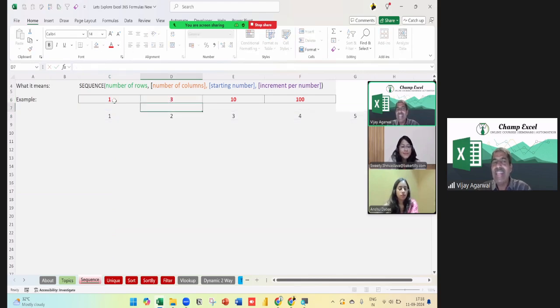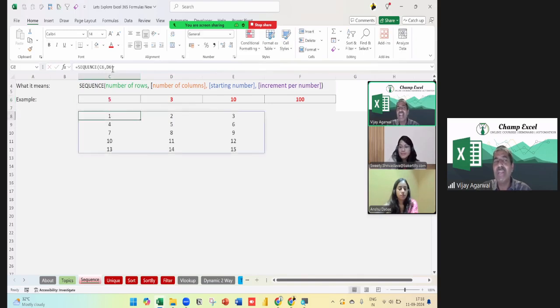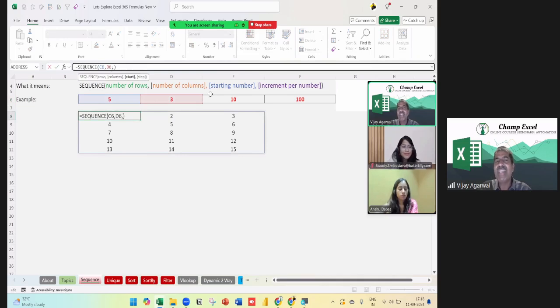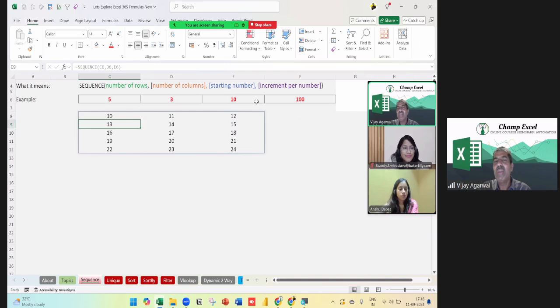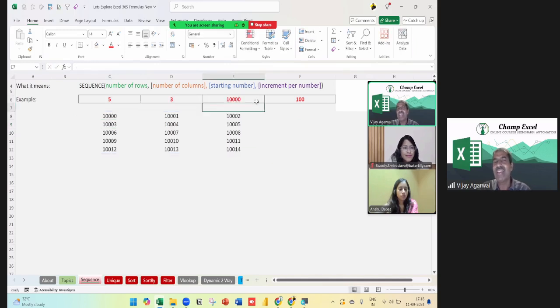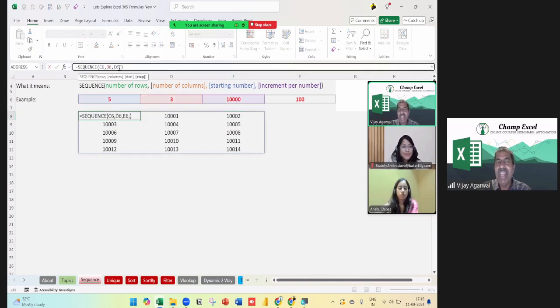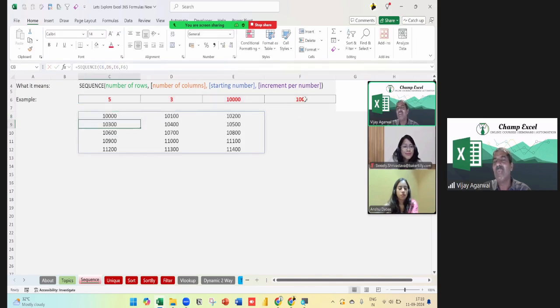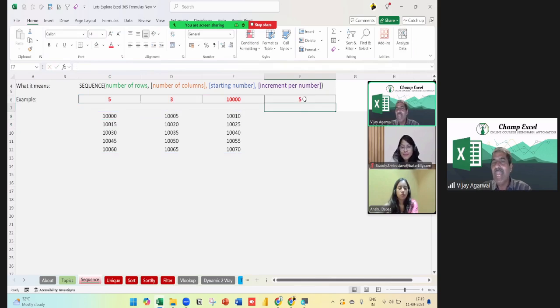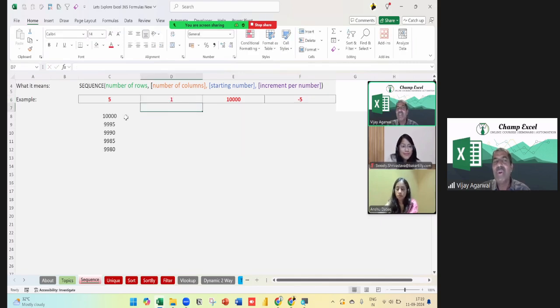So like that, anything you can put here. Say your boss wants you to start not with 1 but with 10. So everything will start from whatever you select here. Right now there is a gap of 1, but you can set the gap as per your choice, whether you want a gap of 100 or 5 or -5, you can do everything. If you want only a single column, this is going to give you the result for that.